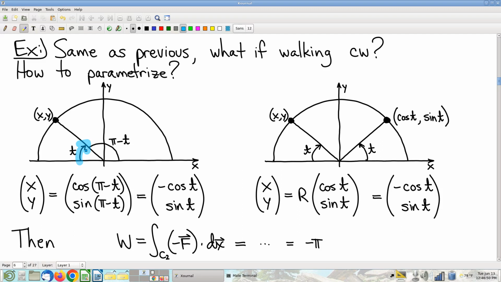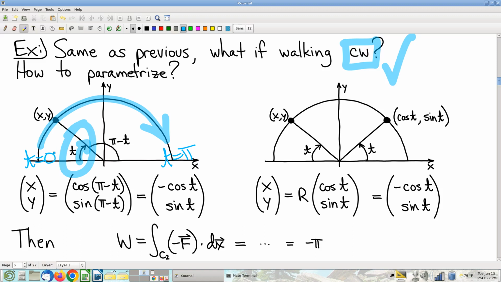Now keep in mind you can use kind of whatever you want as your parameter by choosing that. Notice that has t equals 0 being right there. It has t equals pi being right there, and therefore as t goes from 0 to pi, we will be going, as we're supposed to, clockwise. Right? So all I got to do is figure out how to create a parameterization with this angle t